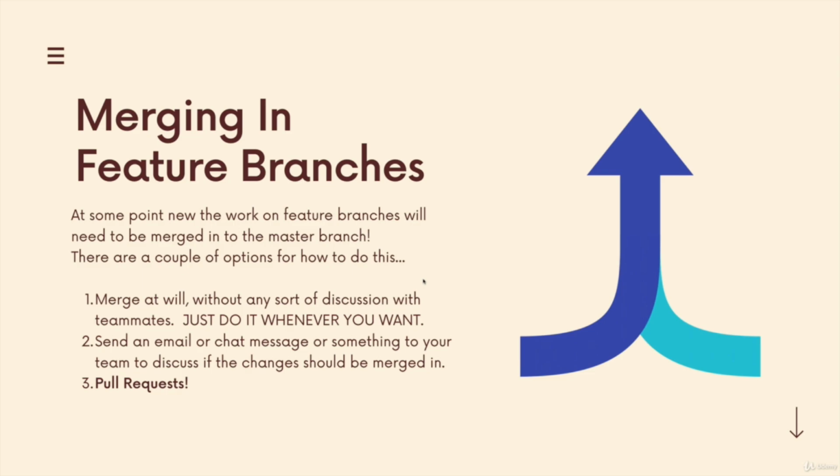So another option that's similar is you merge your own branches in, but only after you have discussed it. You've sent an email or a chat message or had a conversation with your team in some way about whether you should merge those changes in or not. And then there is the third option, which is what we're going to talk about in the next video, something called pull requests. But first, I just want to do another demonstration of merging. So if you want to just get to pull requests, skip this video, but I'm just going to quickly demonstrate